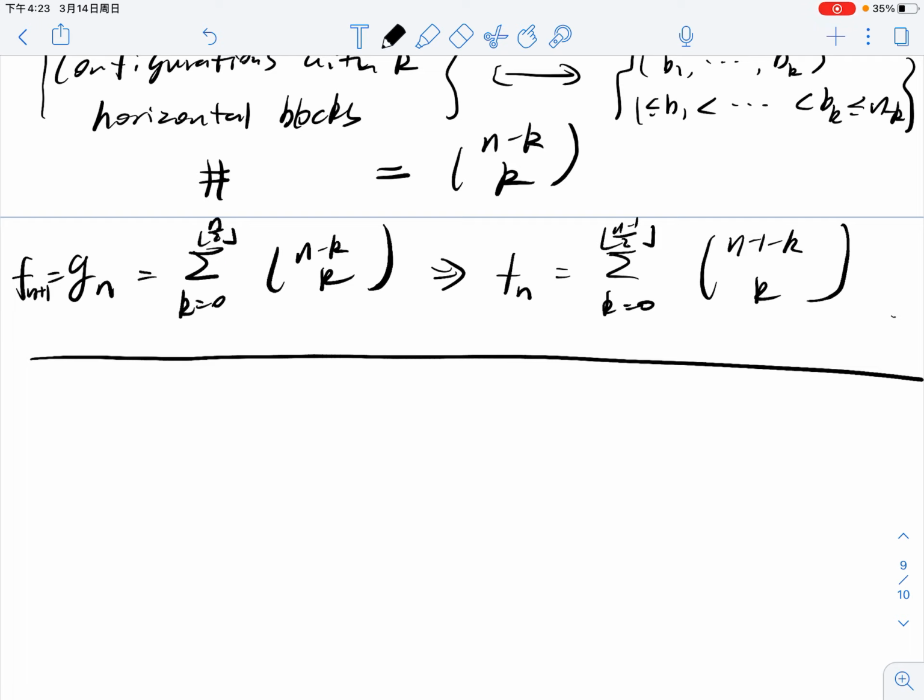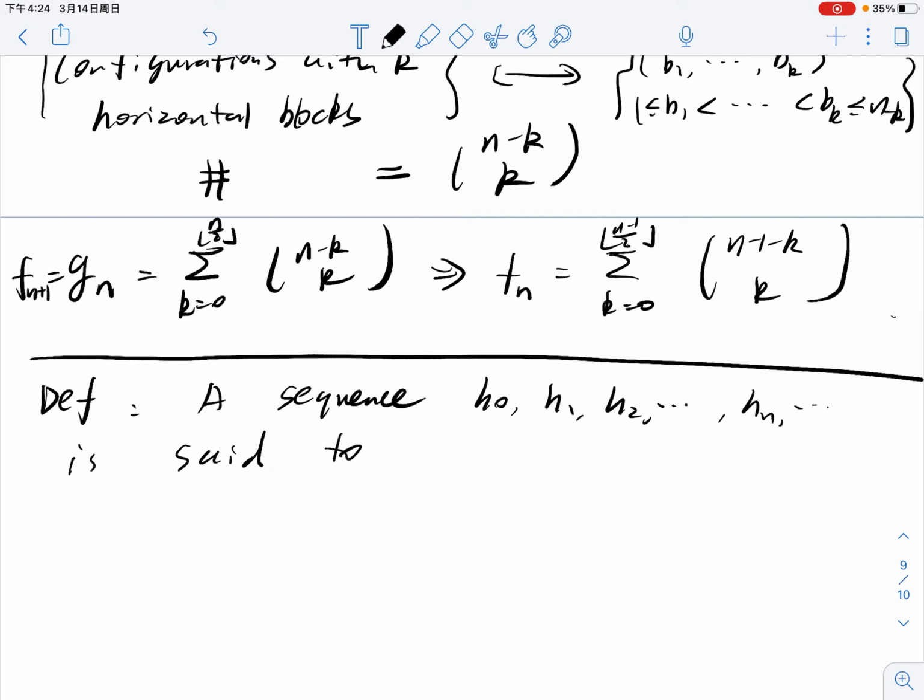Okay, next we generalize the above method to a more general, but not the most general, linear recurrence relation. So we do the following setup. Suppose you have a sequence H0, H1, H2, up to Hn, and so on, is said to satisfy a linear recurrence relation